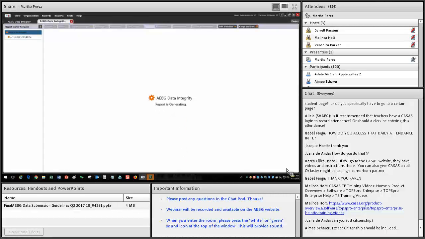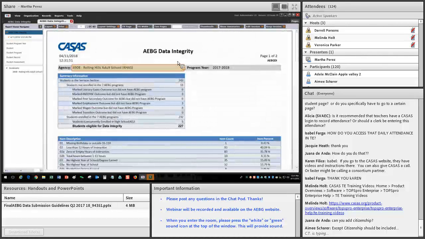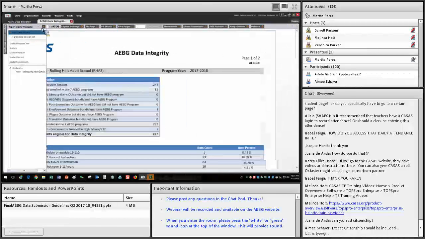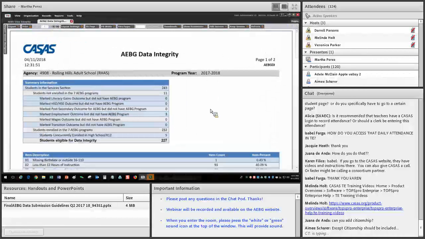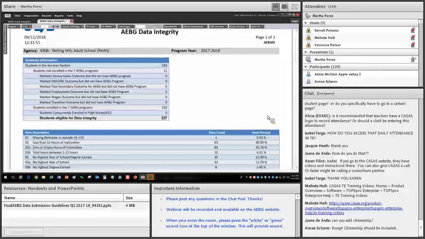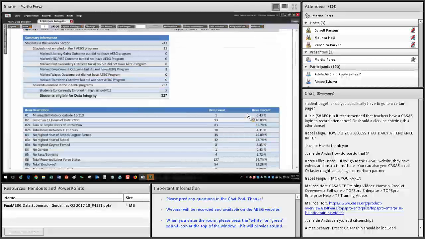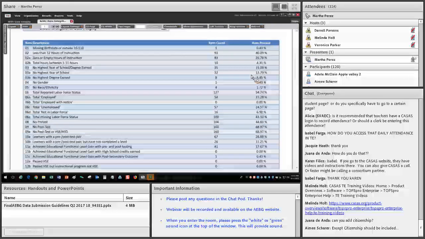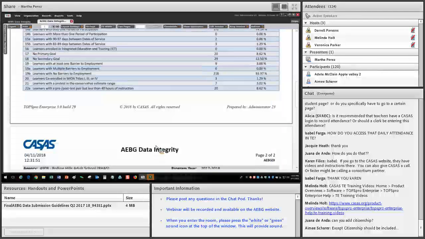All right? So once you go through these simple minor adjustments for fiscal year to quarter 3, if you're running it for third quarter, you can just click the Generate button on your upper area, and this should take a few moments for us to generate the report. Once the report is generated, you will see all the numbers. And this report viewer navigator, I'm going to unpin it so you can have a better look at this report. Okay. This will contain data from July 1st to March 31st.